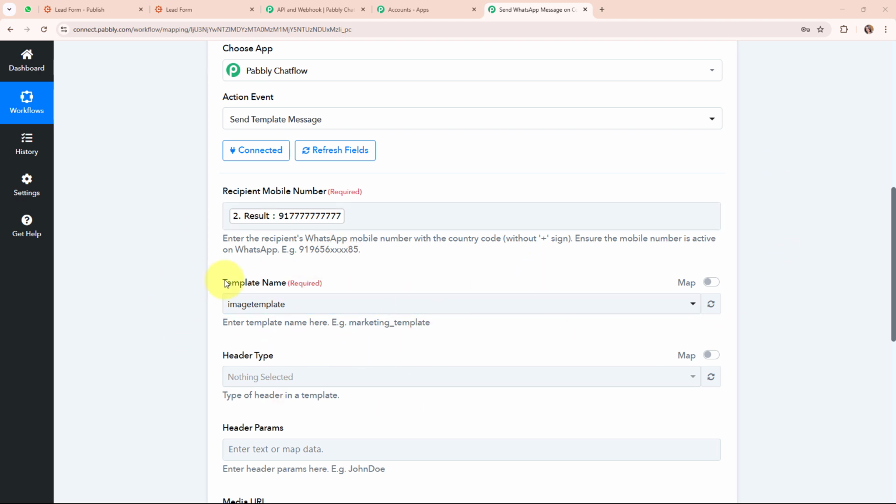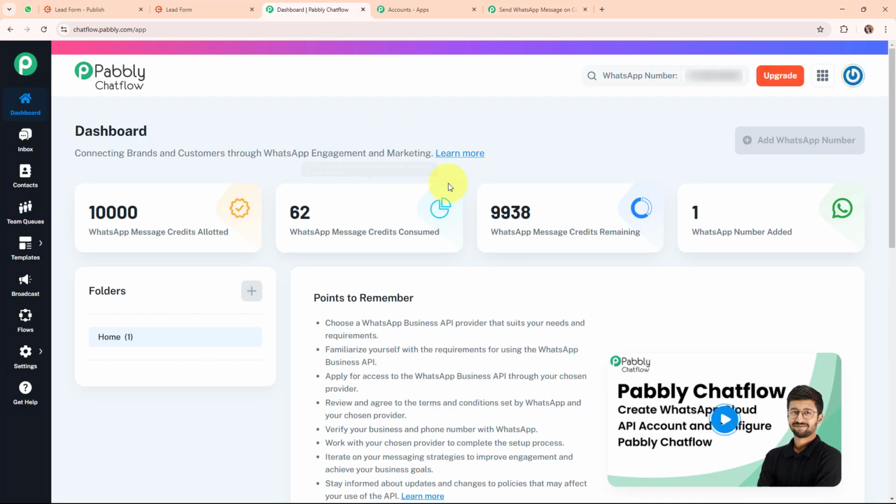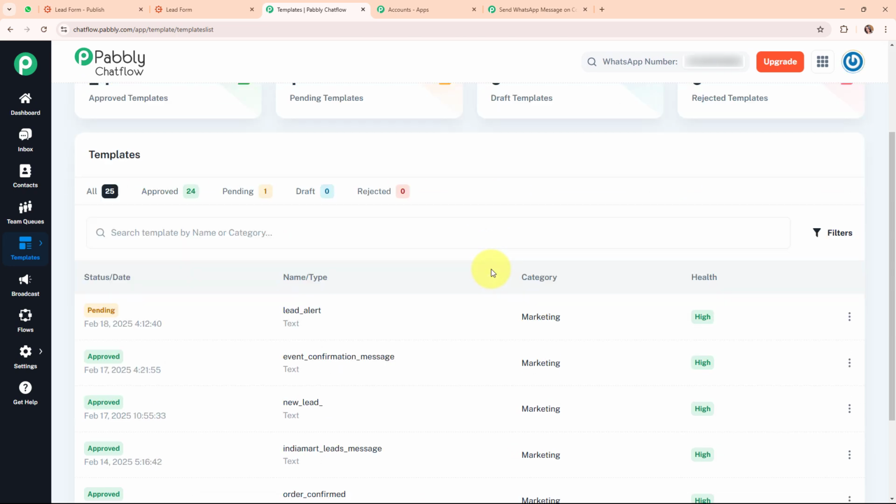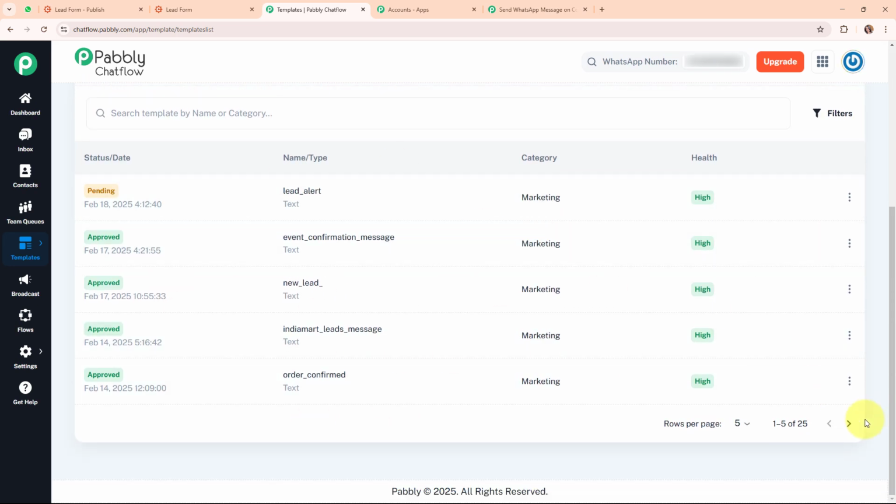Before selecting the template name, let me take you back to my Pabbly Chatflow account. Here in my Pabbly Chatflow account, you can see a templates option in the left sidebar. And from here, I'm going to select templates list. Under template list, you can see all the templates that I've created with different names to send automated WhatsApp messages for different users. In this particular case, I'm going to use a template that I've already created with the name new